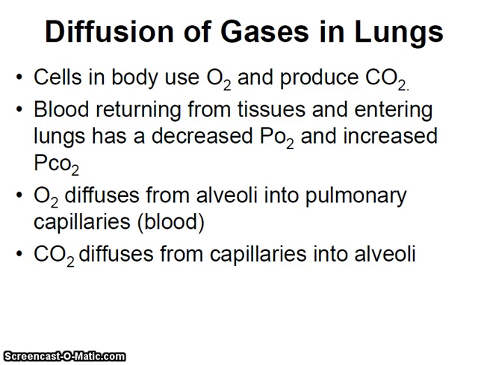Cells use oxygen and produce carbon dioxide. Blood returning from the tissues to the lungs is high in carbon dioxide. The alveoli are low in carbon dioxide, of course, and high in oxygen. Carbon dioxide diffuses from capillaries into the alveoli and